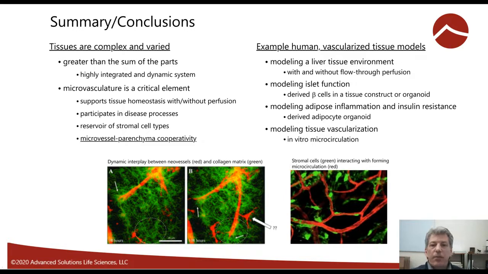I went through a handful of models where we're building human vascularized tissues. One is that thick liver tissue model with and without flow-through perfusion. Modeling the islet there in the context of an islet organoid, this is really where we have good evidence of vessel parenchyma cooperativity. Of course, we're modeling adipose inflammation and insulin resistance with our adipose organoid. And finally, we're really excited about our in vitro microcirculation model, which originally we set out to model tissue vascularization, but obviously we have an opportunity now to start to model a lot of other different biologies